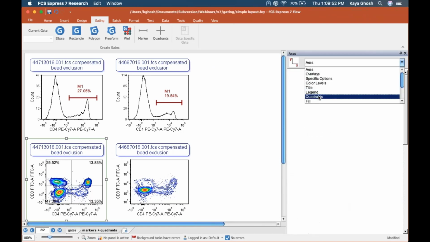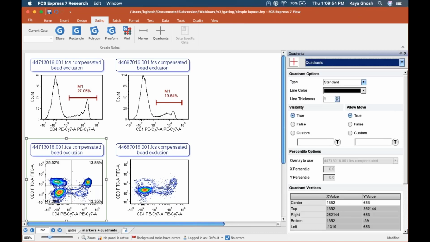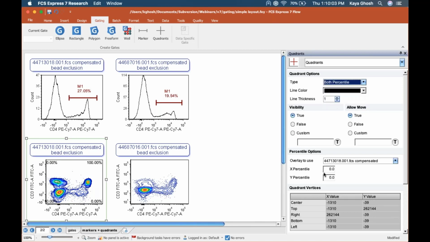And then choose quadrants from the drop-down menu. You can choose a standard or the rectilinear quads you see here. You can choose percentile X, Y, or both. And then if you enter in a percentile, the quad will automatically